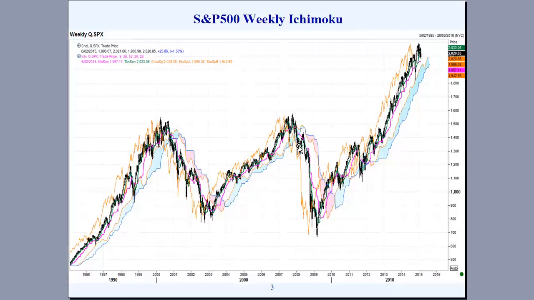The breach down below the cloud, a very significant bear market developing. The breach to the upside, establishing a new bull market. The market then trading up to the 2011 peak, selling off down through the Ichimoku cloud. We didn't trade significantly down through there, but then the eventual recovery and the establishment of the new major uptrend with the breakout up above the Ichimoku cloud.